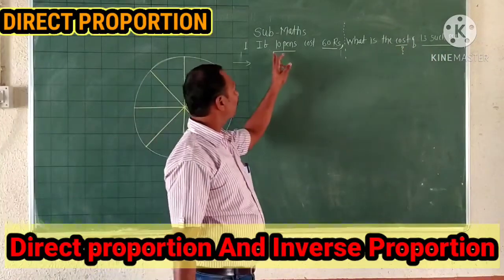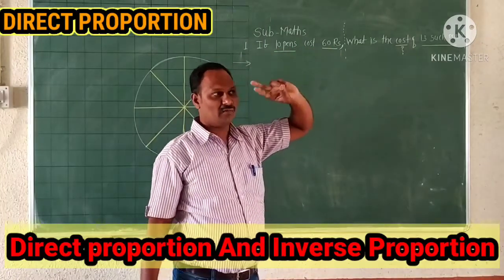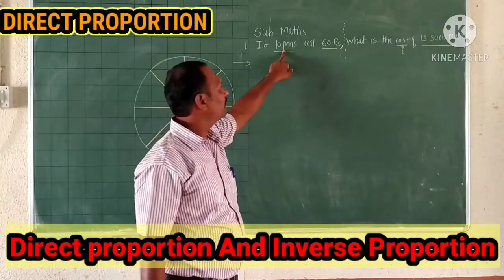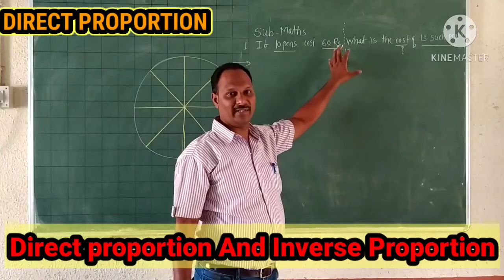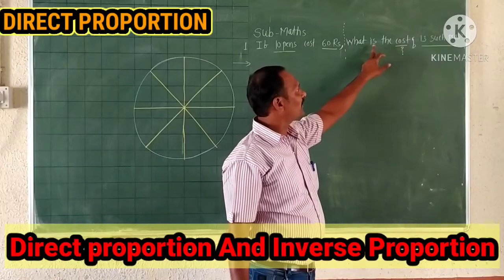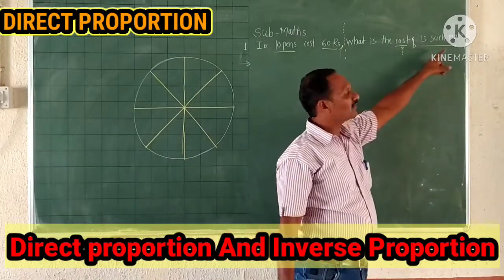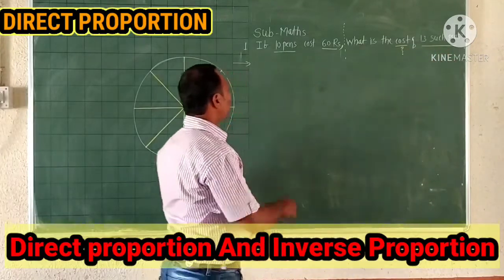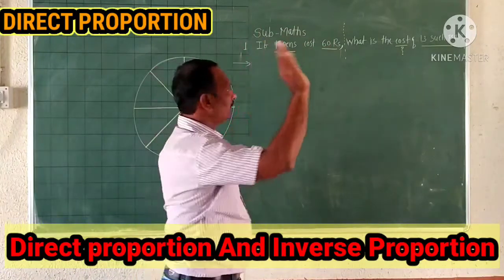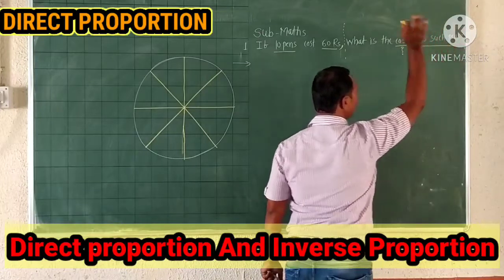Now in the first statement, what is given here? If 10 pens cost 60 rupees. Means there are two quantities given here. What is the first quantity? 10 pens, 10, that is the first quantity. And what are the rupees? That is the second quantity. There are two quantities. Now, what is given in the second statement? What is the cost? Cost is the second quantity. Now you write 10 pens cost 60 rupees. What is the cost of 13 pens? Now what is the question asked? What is the cost of 13 such pens?